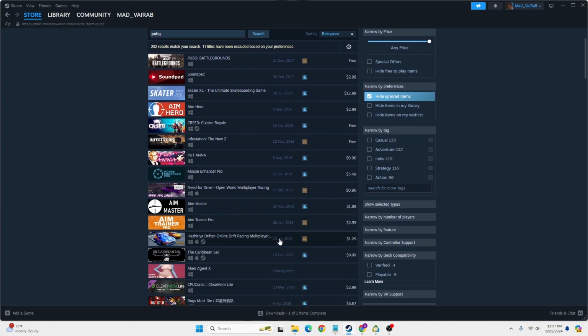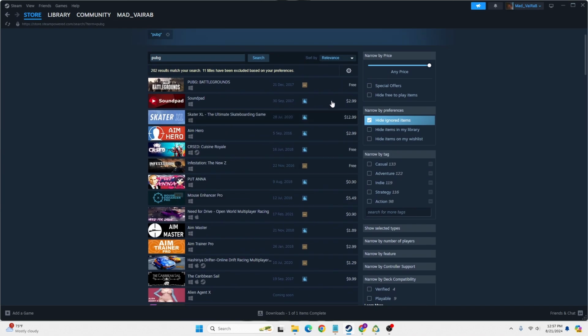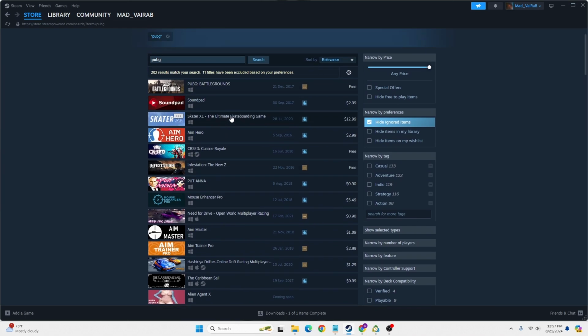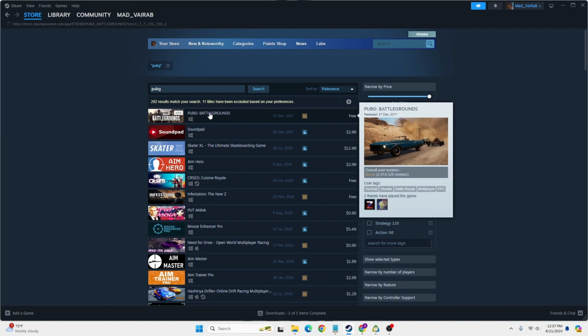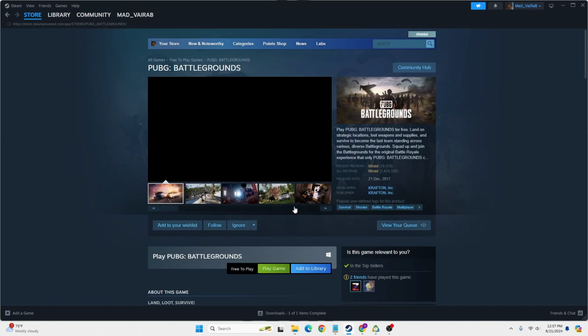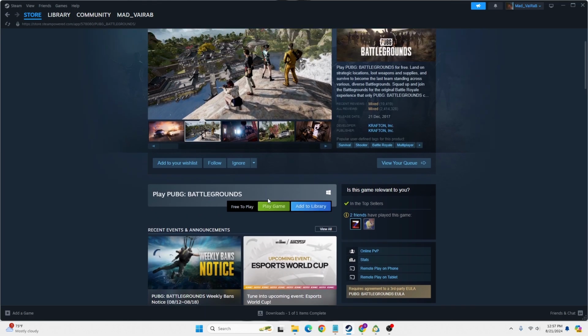Now you can also buy a particular game. You can see there are prices for the games, and some of the games are free over here. Now let's go with the PUBG game. Since it's free, click on the game which you want to install, and you land over here. You can see now it's free to play. Either you can play the game or add it to your library. So let's click on play game,